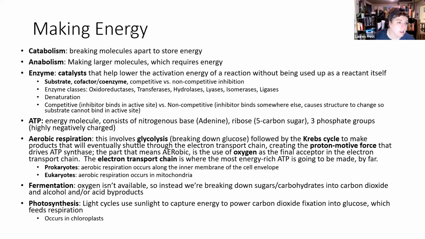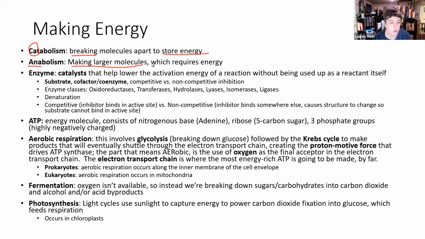Okay. Cats. Catabolism. These are breaking things down, breaking things apart, tearing things apart, okay? So we're going to tear things apart so that we can store the energy that is released from tearing it apart. That's the only reason I'm bringing up cats, so that you guys can remember catabolism: tearing things apart so we can store the energy that is released, okay? Anabolism is the opposite. In anabolism, we are making larger molecules. We need energy to do that, which is why catabolism has to happen. In catabolism, we break things apart so we can store that energy so that we can put bigger molecules together where we need them.